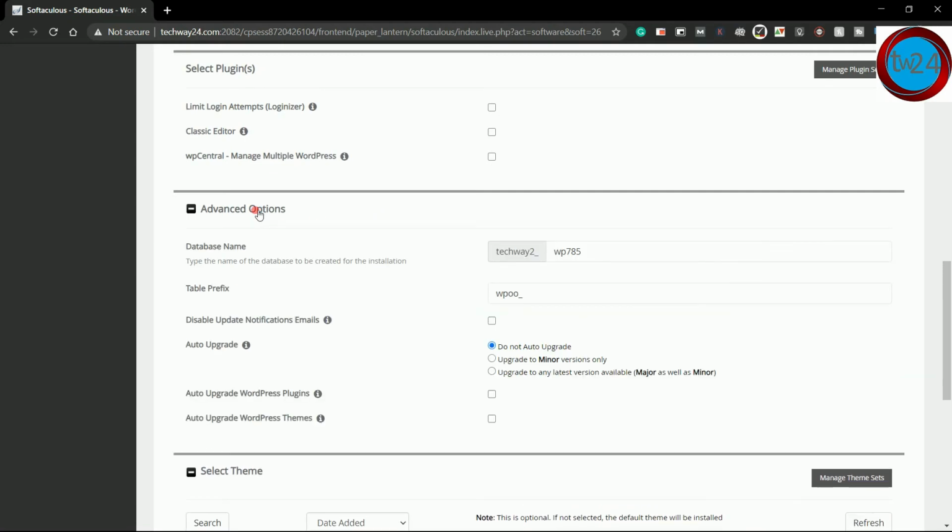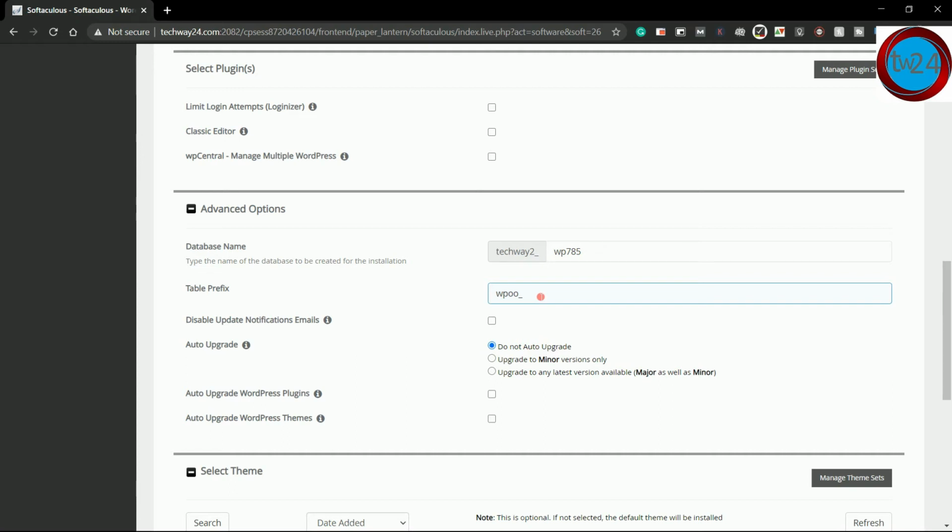Under database name, you can change it or leave it as it is. If you do not know much or you have no idea, then leave it as it is. Do not try to change it. Under table prefix, it will be your database table prefix that will appear before your table name.